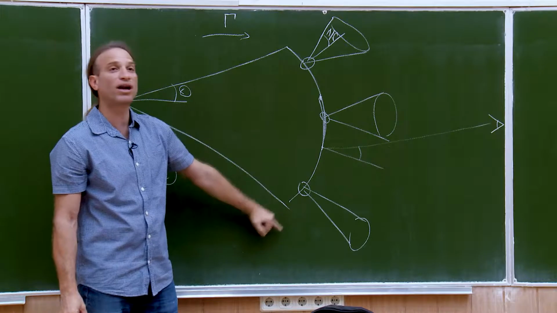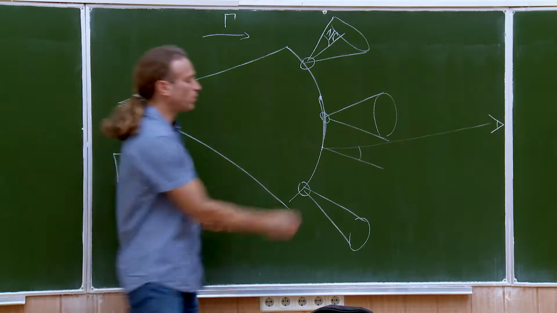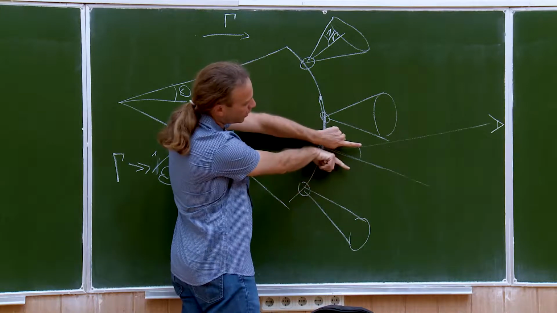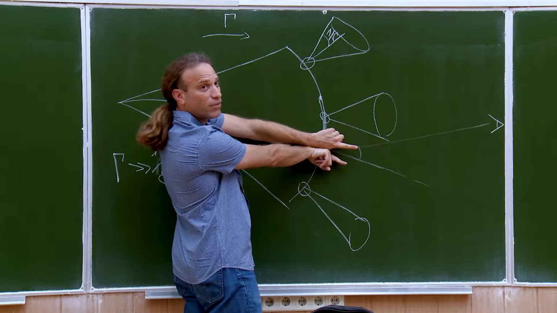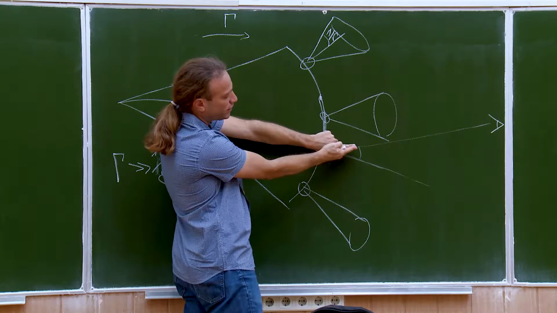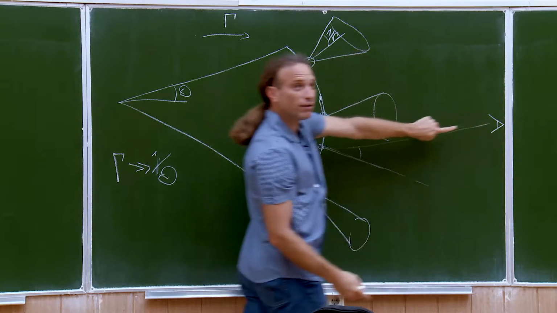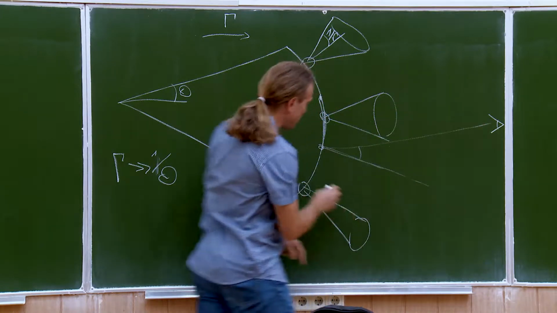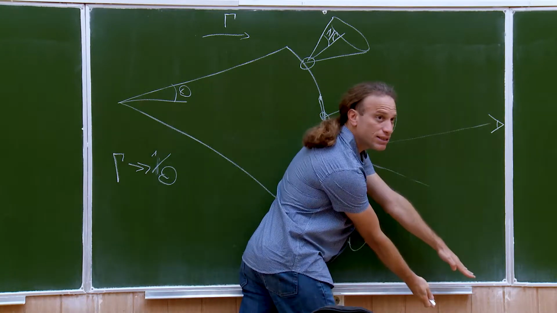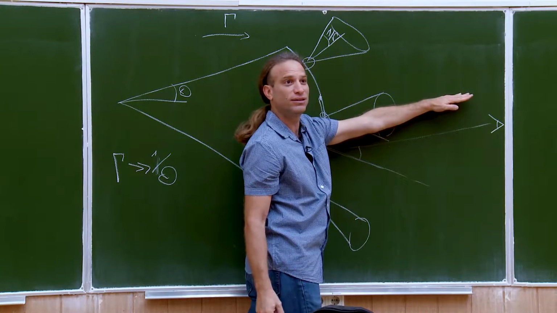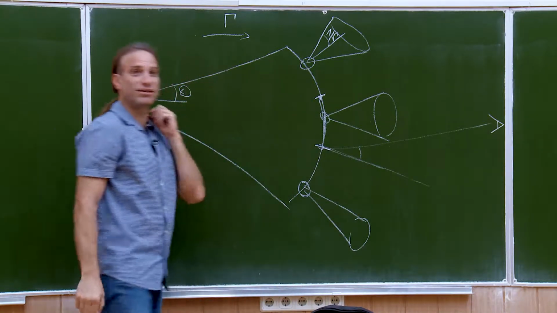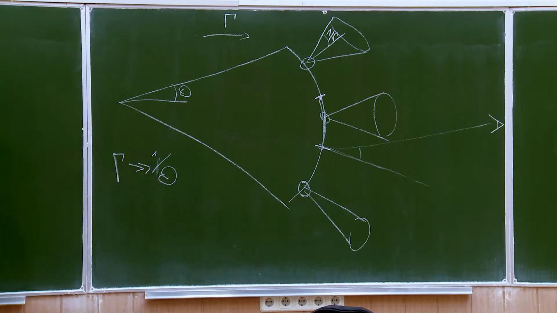If this is a part of an arc, each particle here is radiating in a radial direction and in a cone within 1 over gamma from the radial direction, okay? If this 1 over gamma part is not pointing towards me, I will not be able to see it. This part of the shock, for example, is radiating only within this direction, so I will not be able to see it. Okay? So I will only be able to see this part of the jet, as long as gamma is much larger than 1 over theta.